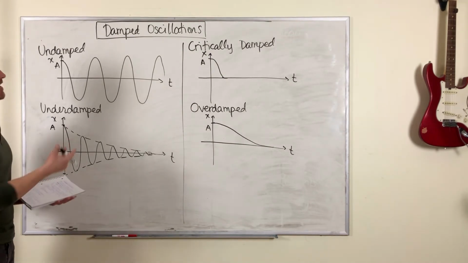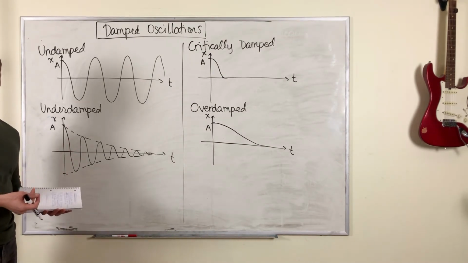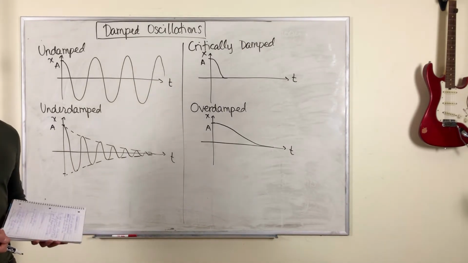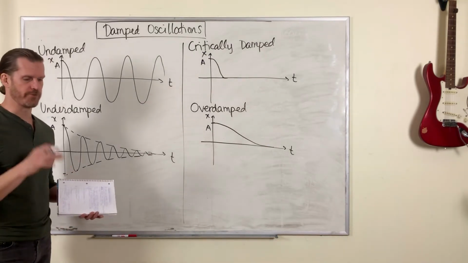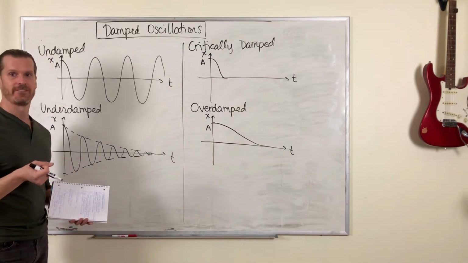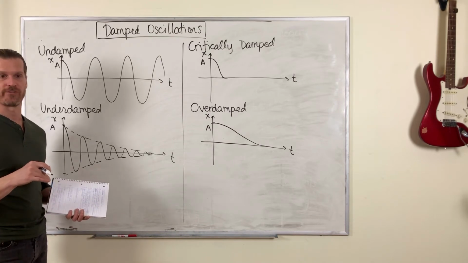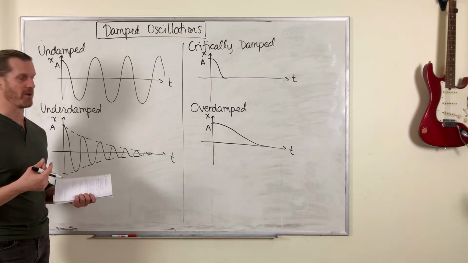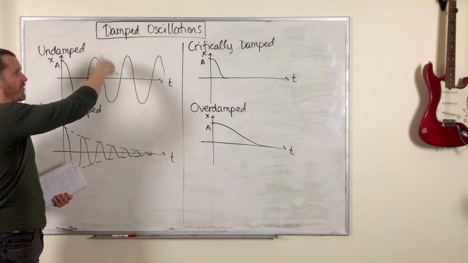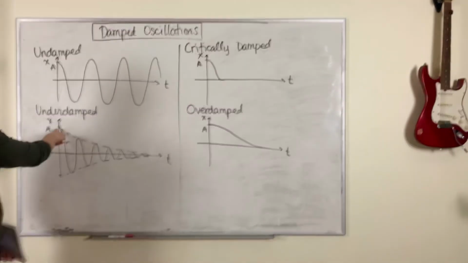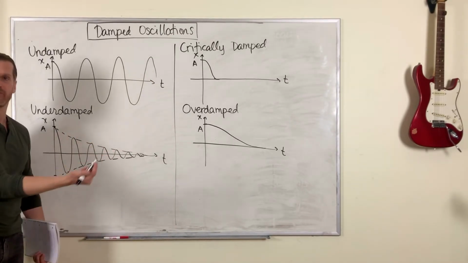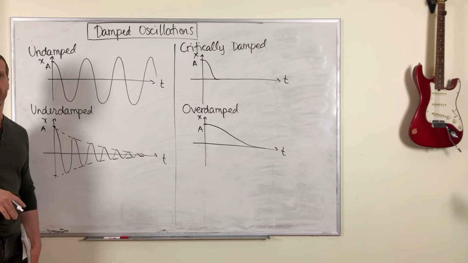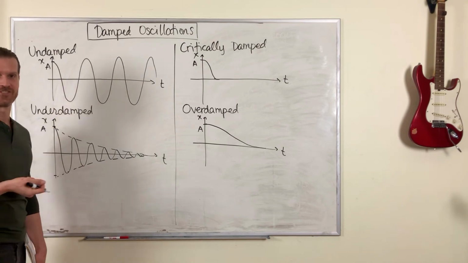Now, a practical application of damped oscillations is the shock absorbers in your car. If you just had springs with no shock absorbers on your cars, every time you went over a bump, your car would bounce up and down many times. It would probably look like this. It would probably do many oscillations, and there's some friction in the system, and eventually they die down. But each time you hit a bump, it would be a very annoying sensation to keep bouncing up and down